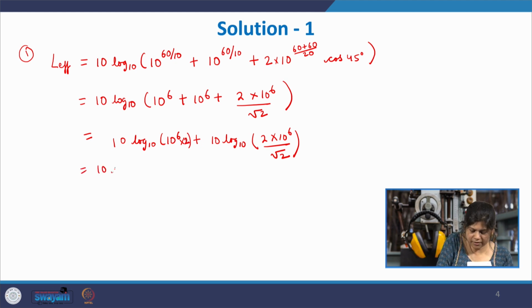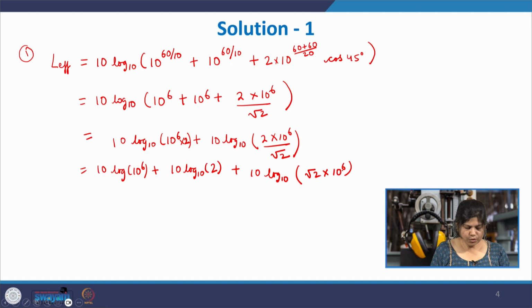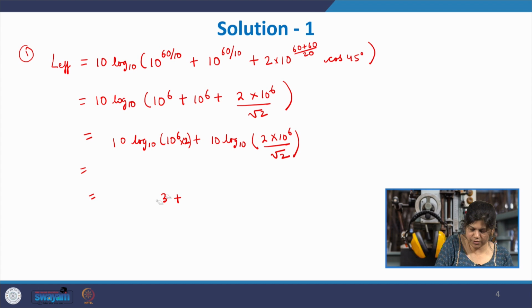So, again this thing here plus... Anyway, this comes out to be, if you see here, this would become 60 and this would be 3. Let us redo this equation. So, what you get is